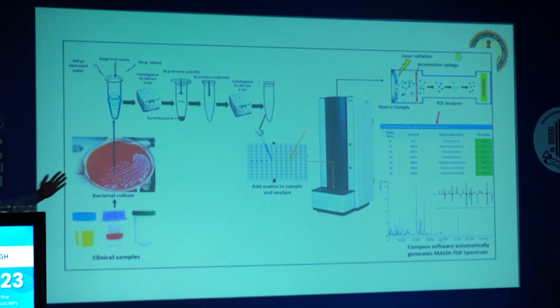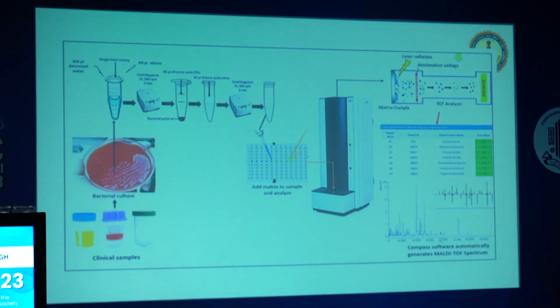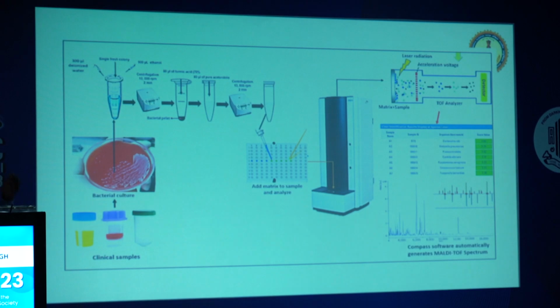So how do we do this? We just have a culture here, and we subject it to serial centrifugation with different materials, and then finally we plate it over a surface, over a matrix that is made up of 4-hydroxycinnamic acid. Now this is exposed to UV radiation, and this results in desorption and ionization, and subsequently, depending upon the mass to charge ratio, they keep moving towards the detector, and depending upon the mass to charge value along the x-axis and the intensity along the y-axis, you will have a spectra. And now you compare the known spectra with the spectra that you have got,